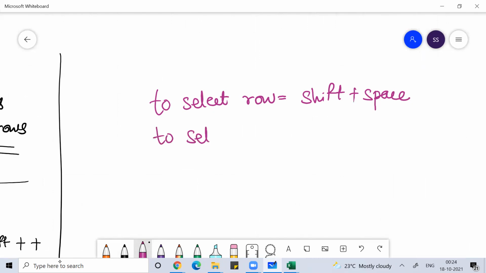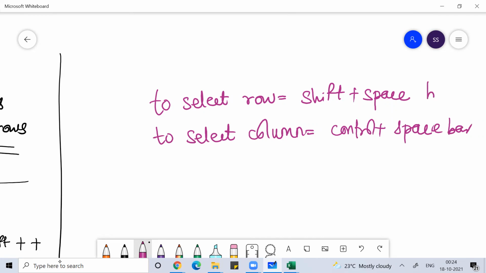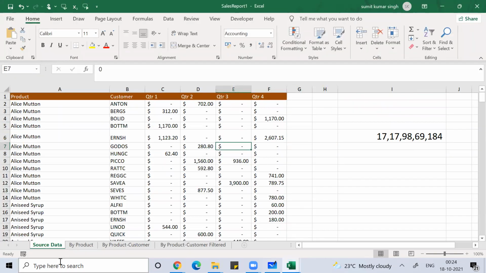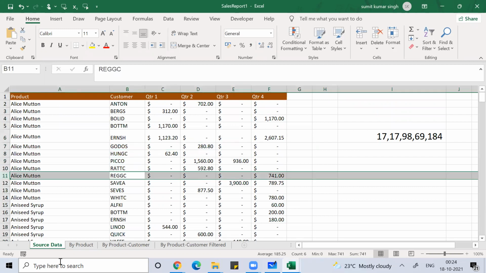To select a column, you can use the shortcut key Control and then Space bar. If you press Shift followed by Space bar, you can select a row. Like if I want to select this column, Control Space bar. If I want to select this row, Shift Space bar.